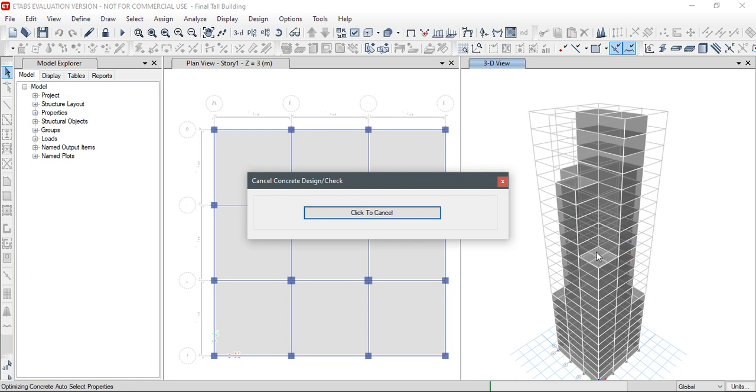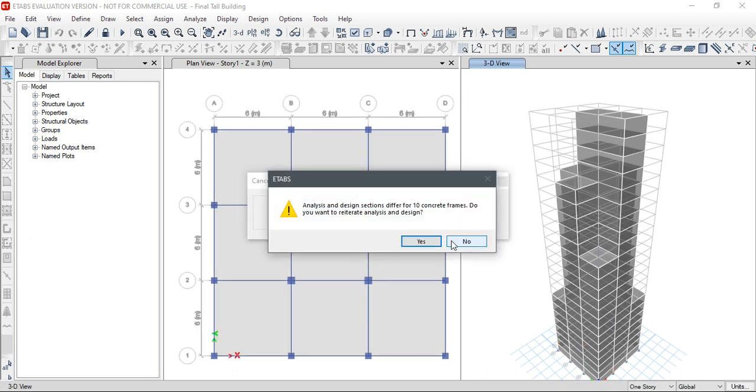So the iteration is going on. It again says that we have to reiterate for these 10 concrete frames.